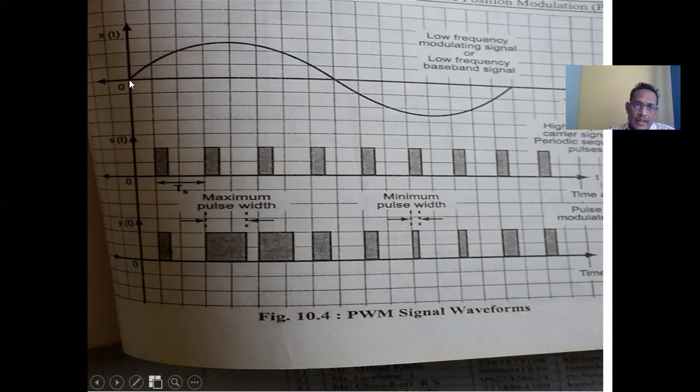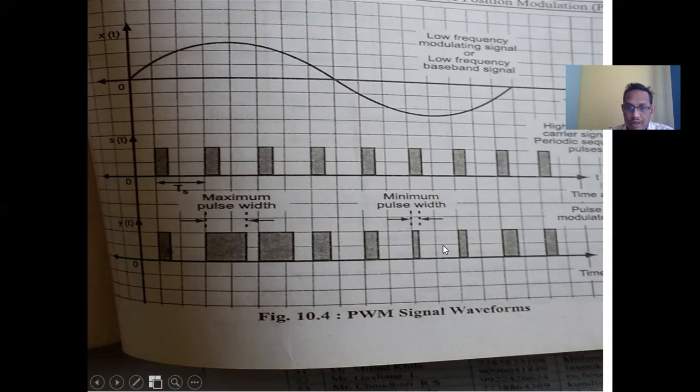So look here, as the amplitude of this modulating signal goes on increasing, the width of the high frequency carrier signal also goes on increasing. Suppose I call this point A, the maximum amplitude. For this maximum amplitude, if you observe here, you are getting the maximum width. That means whenever this modulating signal reaches the maximum amplitude, the pulse width modulation produces a maximum width. Whenever the modulating signal reaches the minimum amplitude, suppose I call this point B,